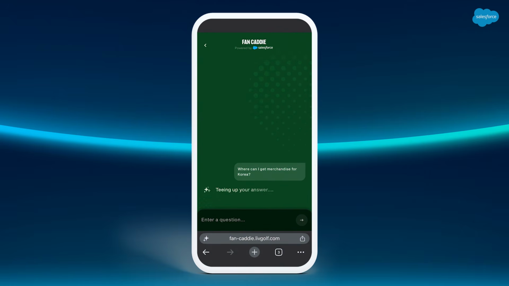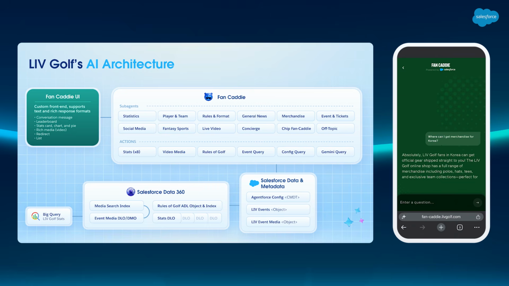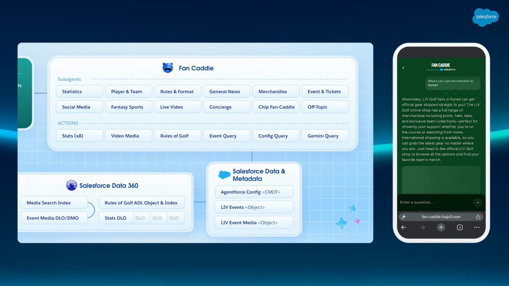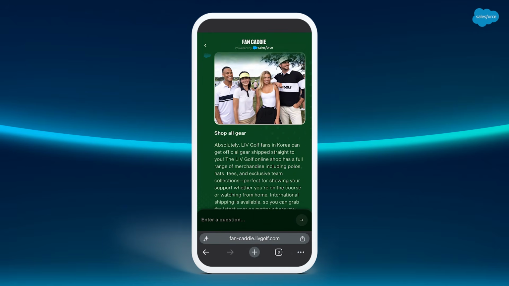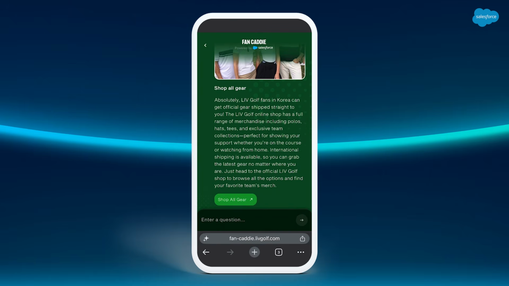Right. And now what's going to happen is if we switch back to the architecture diagram, you're going to see that it's going to switch to our merchandise sub-agent. And this is going to redirect the user to our online store to help them make a purchase before the next event. And that's exactly what's happened in the app right now. So it's showing us a CTA to visit our website to purchase some of the latest threads